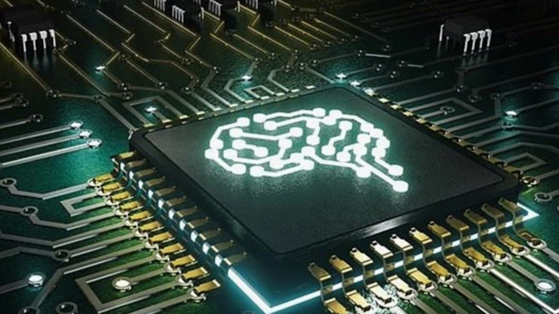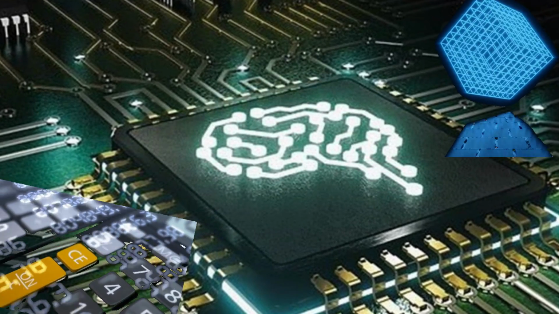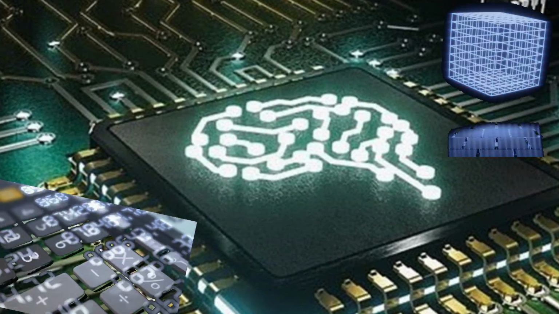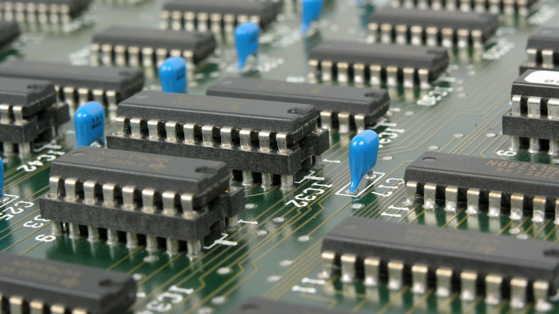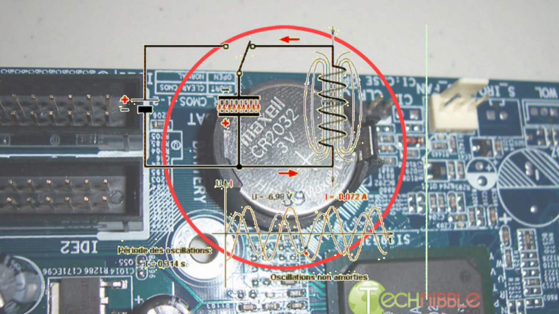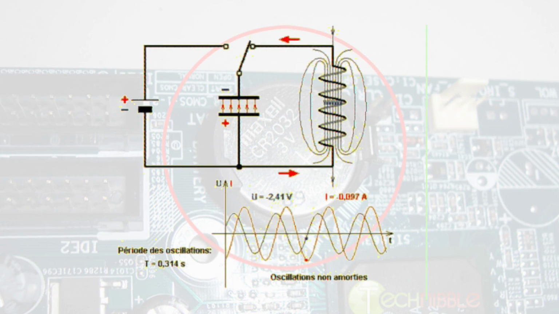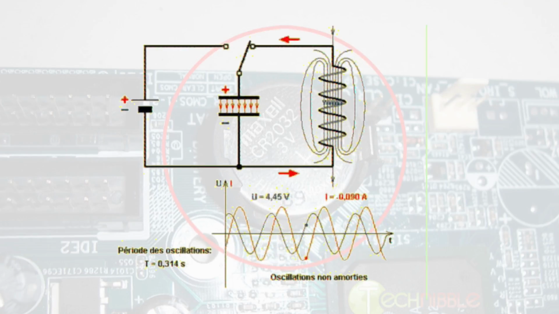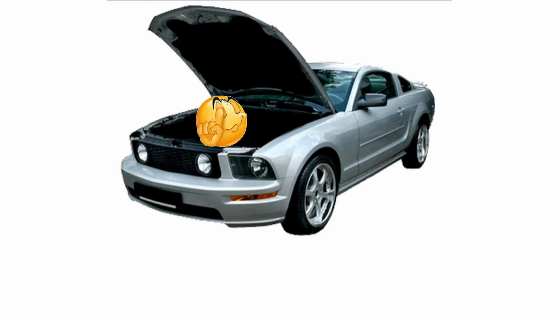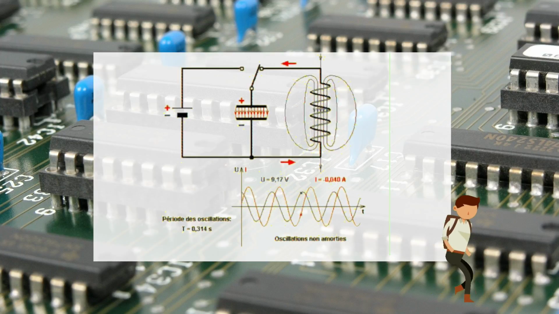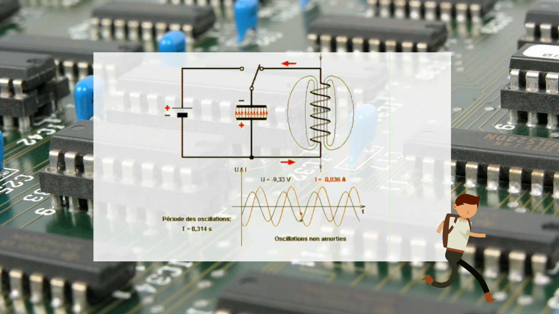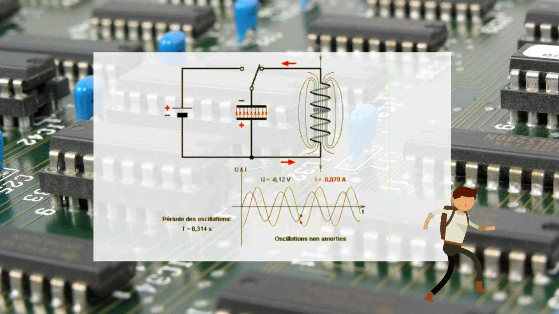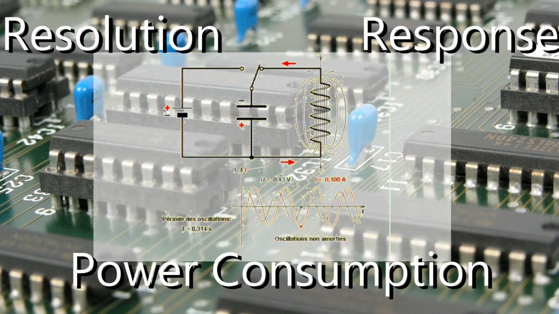CPU is the brains of the entire system that does all the calculations or logical operations in the background, allowing your program or software to function. Memory allows the microcontroller to store the information so that it can be used at a certain time. System clock is based off an oscillator. This oscillator can be thought of as an engine without which nothing would work. You can have a brand new car, but without an engine it's useless. Oscillator speed would determine how fast your microcontroller would run, which in turn would impact certain aspects of your application such as resolution, response, and power consumption.